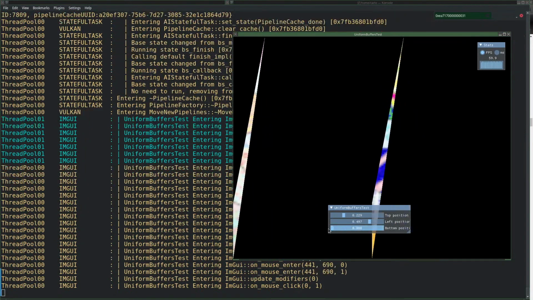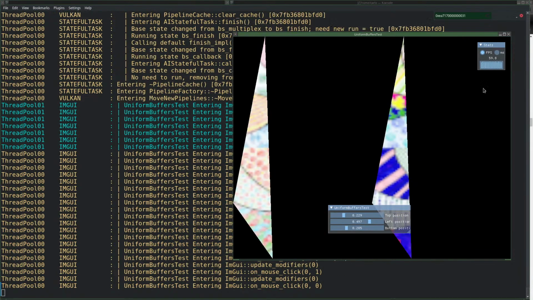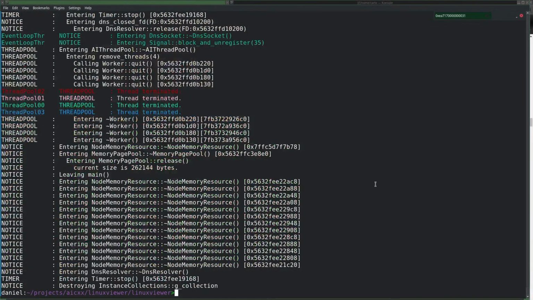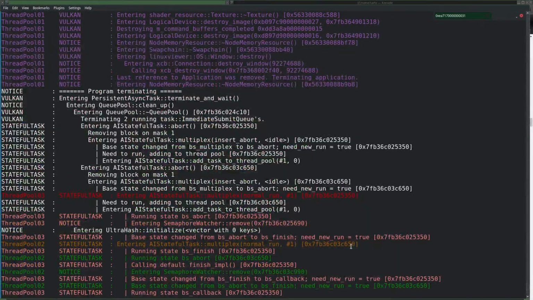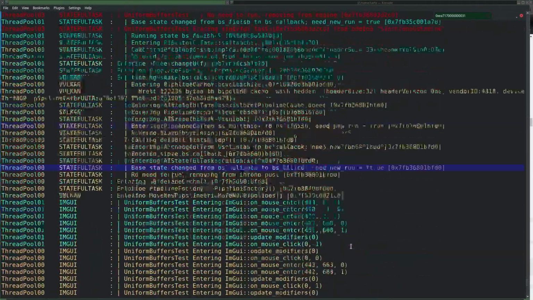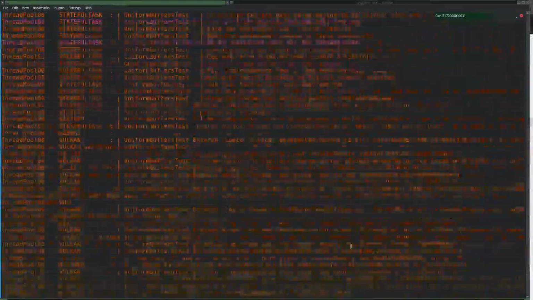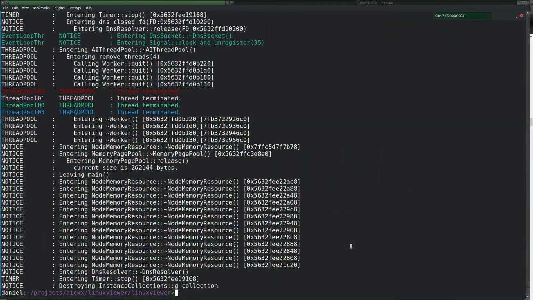It seems to work. No validation errors. Top, left, and bottom. Yep. So that works. I think the whole problem is that it just reuses the layout, because let me write it